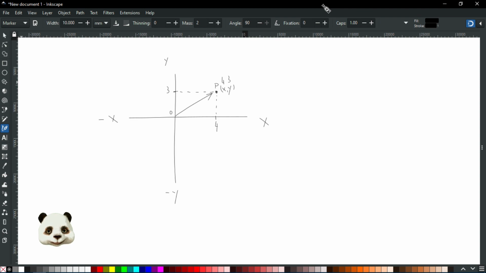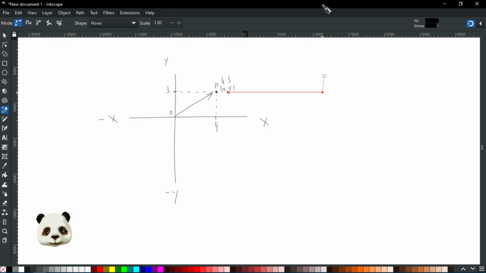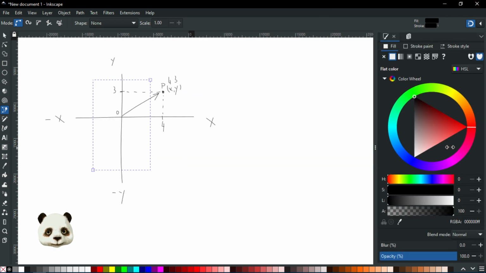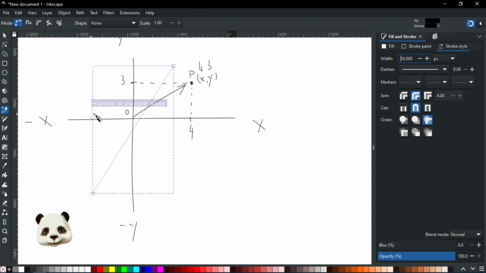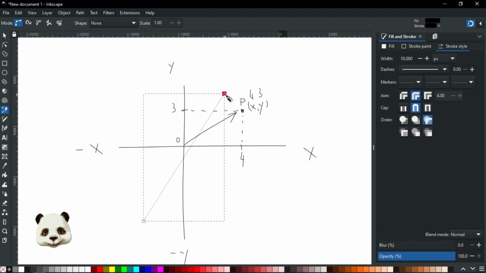Now, this is how Inkscape handles everything. Like every time we draw a node, a vertex, like this, or a vector, and then we put another vector over here, it calculates the distance from here to here between the vectors. So basically, let's say this is gonna be here and this is gonna be over here. Maybe I need to add a bit of thickness to that stroke. So if we look at it like this,